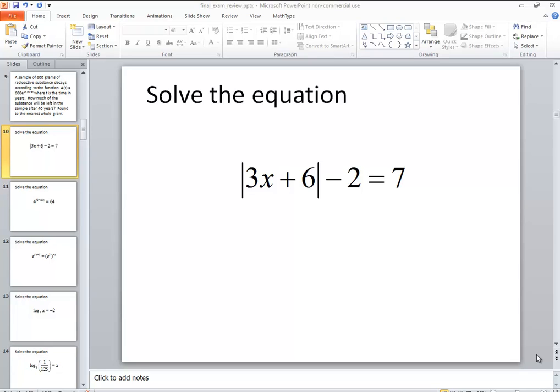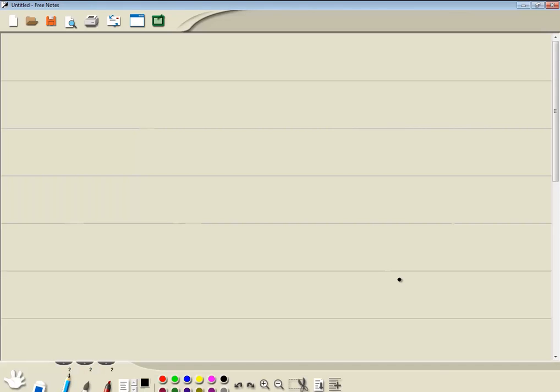In this problem, we want to solve the equation, and this is an absolute value equation. So let's refresh our memory on our formula. Our formula says, for absolute value equations,